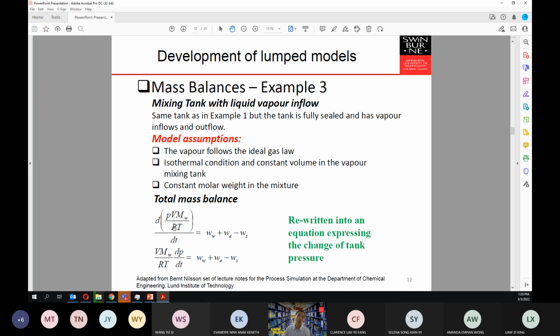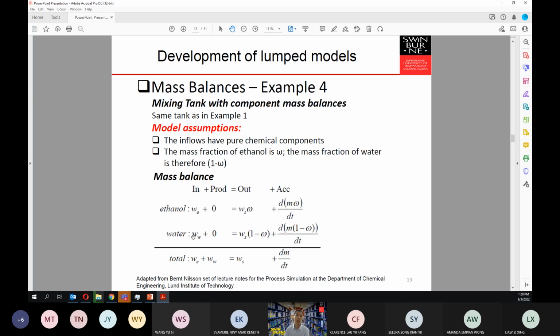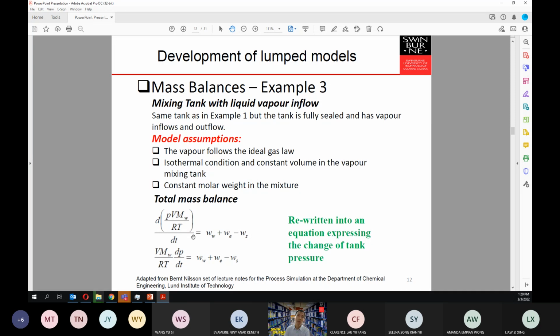What is the unit of the ideal gas constant that you need to use in here? Is it the joule? Then how do you convert that joule into other units that can cancel out with the molecular weight? Okay, with the temperature, with the volume, and with the pressure. If you did everything correctly, then you can assume that basically the molecular weight, volume, ideal gas constant and temperature can be taken out of the derivative. Okay, then you will be able to get essentially the change in terms of the pressure with respect to time.